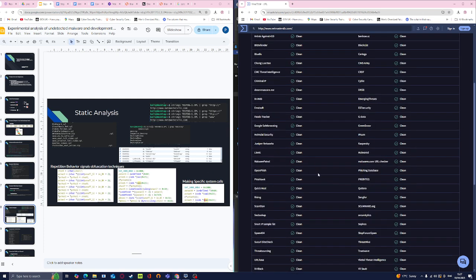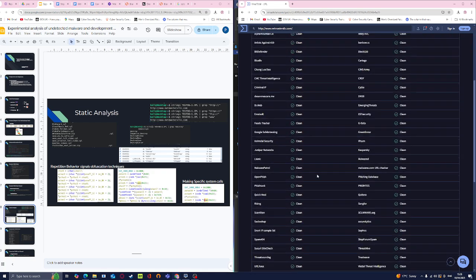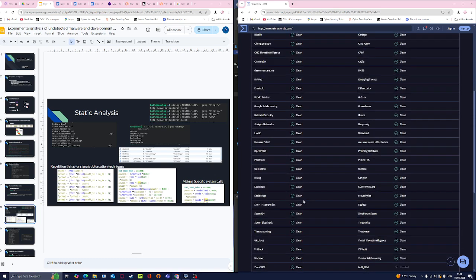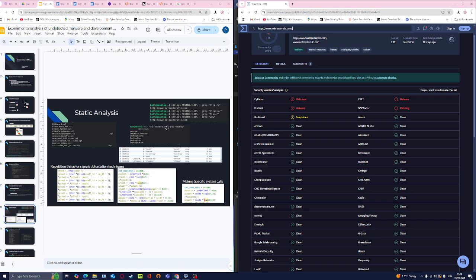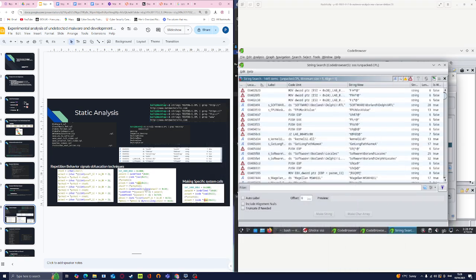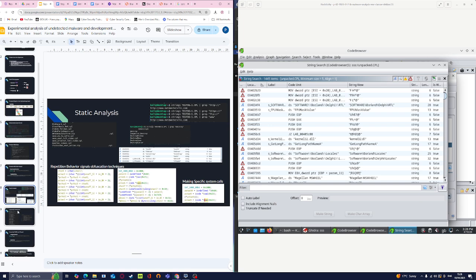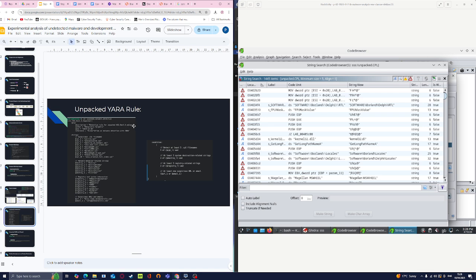So this is VirusTotal. It basically has 72 antivirus engines. You put the hash in and it'll detect it. This is what I did for my malware at the beginning. And during my static analysis, I also ran the strings command, which is here. Some screenshots. I did a grep search on certain strings that I knew were bad behaviors. Then on the unpacked version, I listed out some of the common CPL files